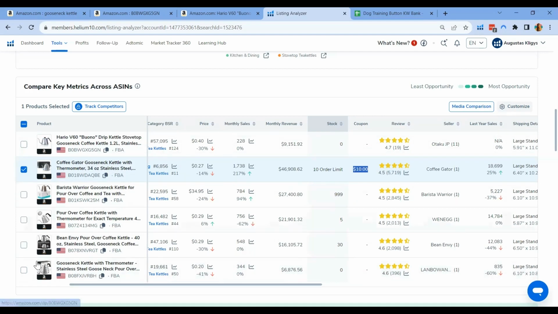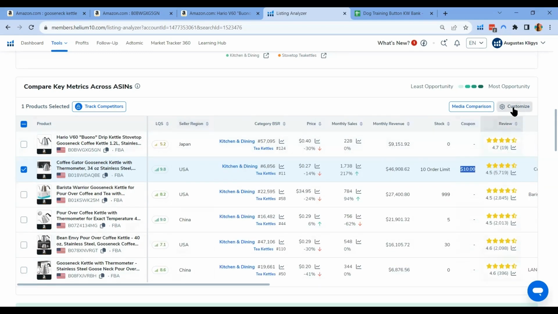In summary, if your direct Amazon competitors are offering coupons and you are not, it could lead to a loss of sales, reduced competitiveness, and the need to reevaluate your pricing and promotional strategies to stay relevant in the marketplace. This is another great sneak peek that is not readily available if you are doing it manually. Helium 10 Listing Analyzer is doing this for you in just one click. All of this data is available for you.